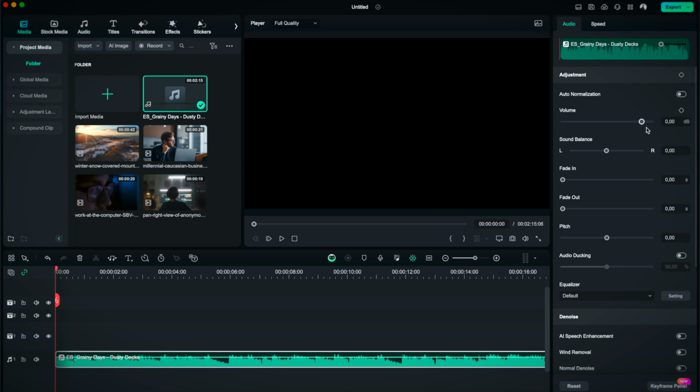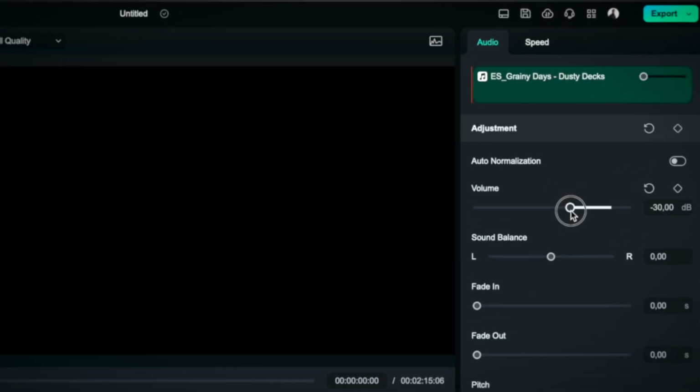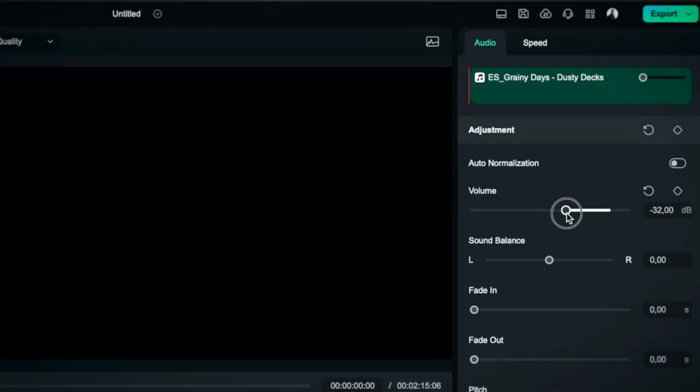This is another very common mistake where the music almost overpowers the person's voice, and it can be super annoying when you literally have to pay super close attention just to hear what the other person is saying. So make sure, number one, your songs are not too loud. I try to aim with most songs at around minus 30 decibels. That's kind of what seems to be the right spot for me. But obviously, with every song, there are different audio levels. But I would say around that region is generally pretty good.